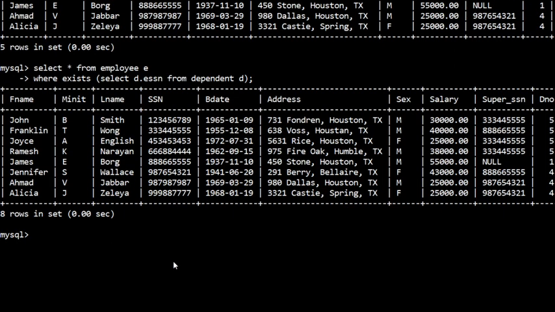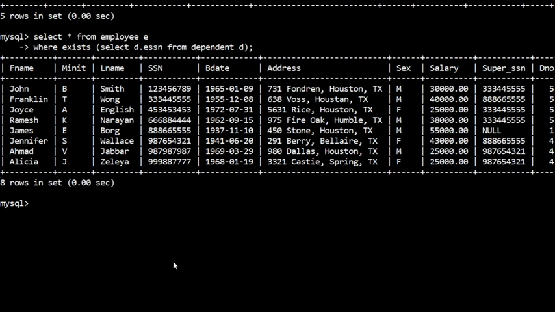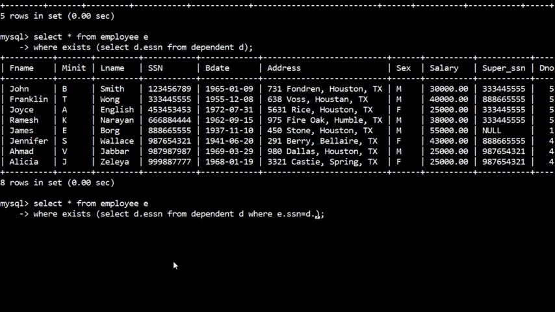Now how can I achieve the actual result? Here you have to specify the condition explicitly. You put the condition over here, where E dot SSN equals your dependent table D dot ESSN.